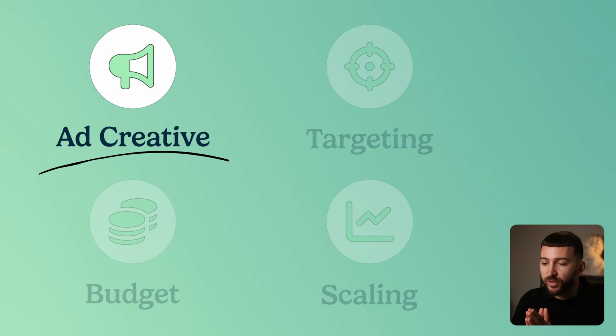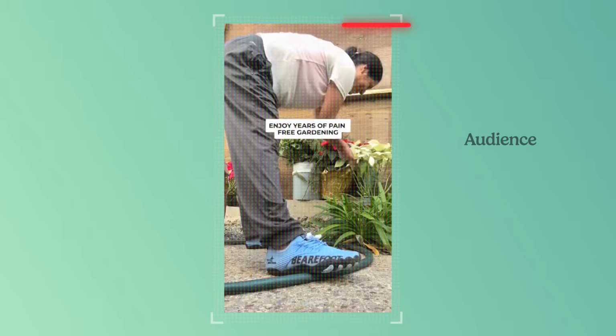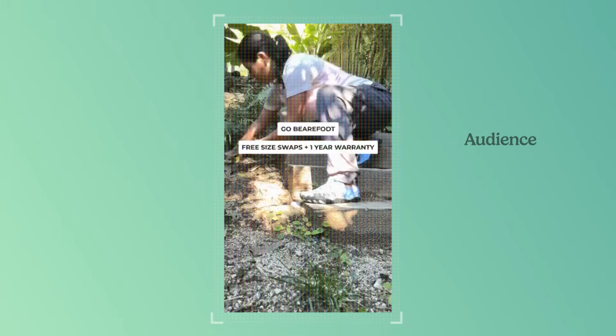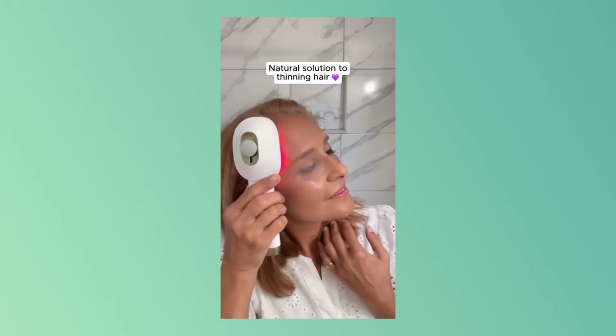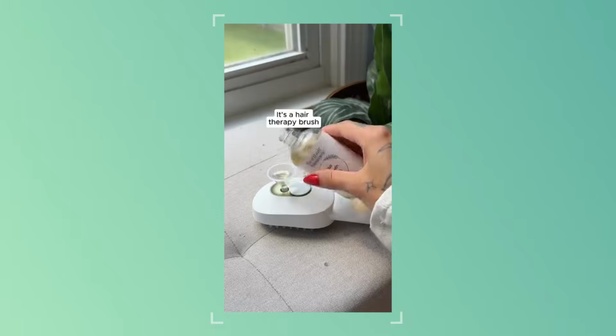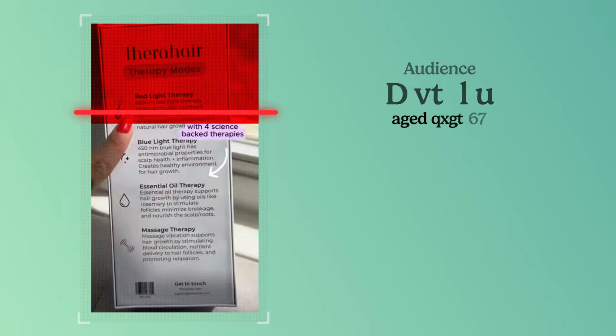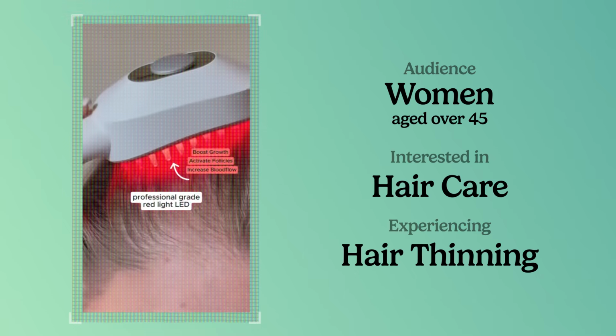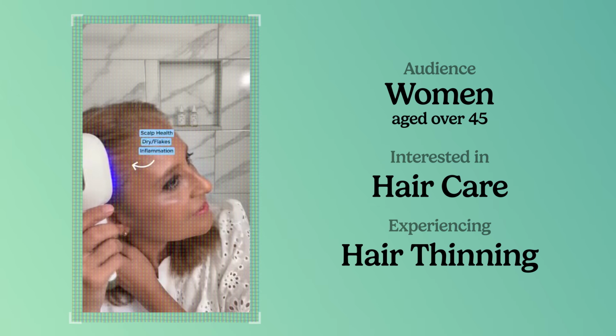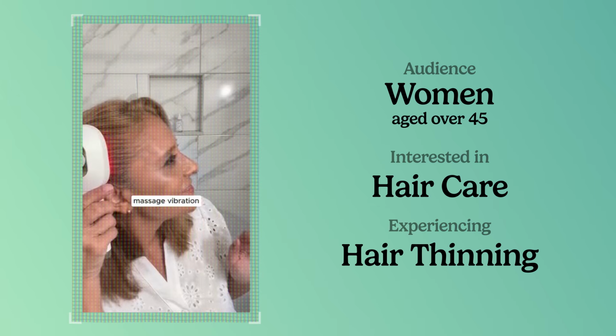The reason that you start with the ad creative is because Meta doesn't rely heavily on interest targeting anymore. You're not going into Meta and telling it who to target, right? Meta's AI scans your ad creatives, so it will scan the visuals, the captions, the voiceovers, the text in the ads, and it will determine who the ad should be shown to. So, for example, if you make an ad that clearly says hair loss during menopause, Meta immediately understands that the audience is likely to be women aged 45 and over, interested in hair care, maybe experiencing hair thinning. So instead of telling Meta who the audience is, you show Meta who the audience is through your